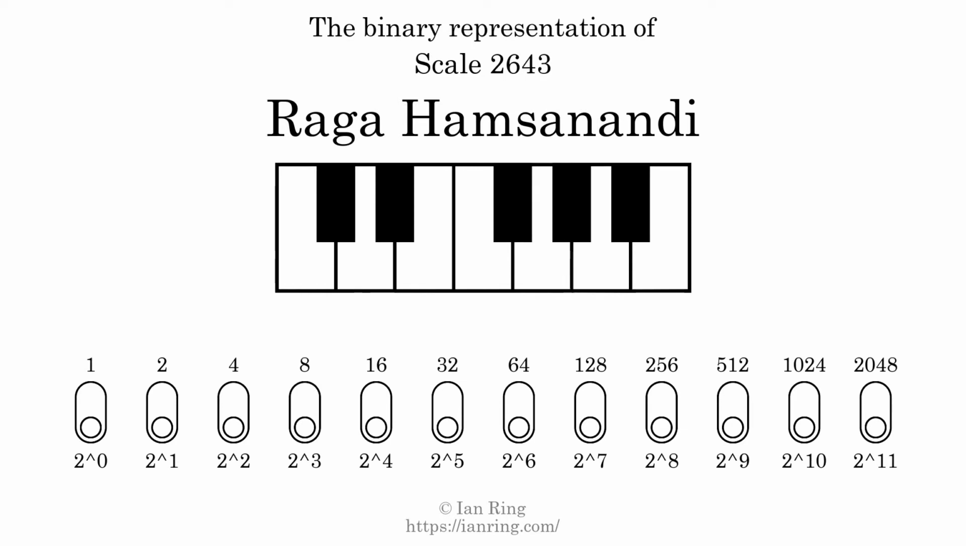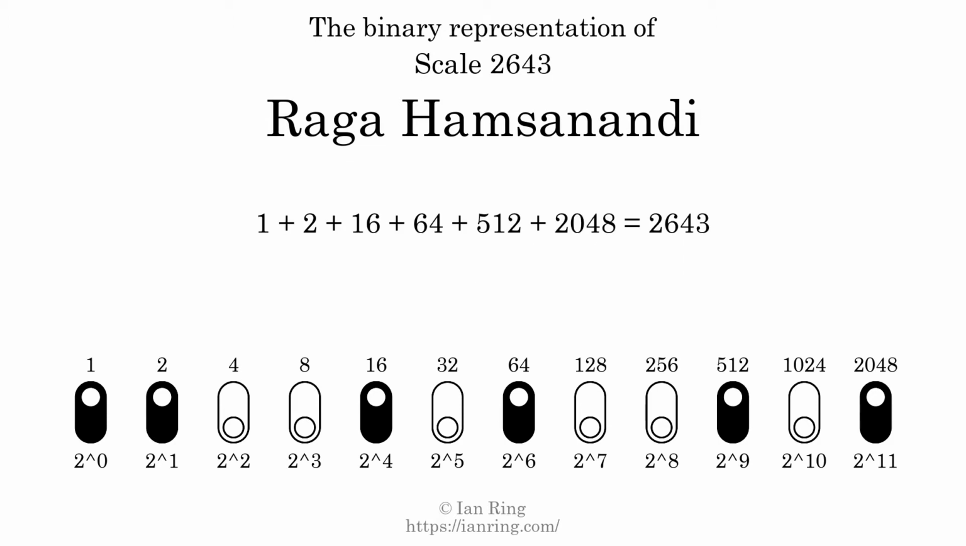The binary representation of this scale is determined by mapping tones of the scale to binary digits. Each binary digit represents a power of 2. To get the scale number, we add the powers of 2 together. The powers of 2 that are present in the scale, all added together, equals 2643. That is why the scale number, in decimal, is 2643. The scale number not only enumerates the scale with a unique index, but it also literally describes the tonal content of the scale. Represented as a binary number in base 2, the scale number is